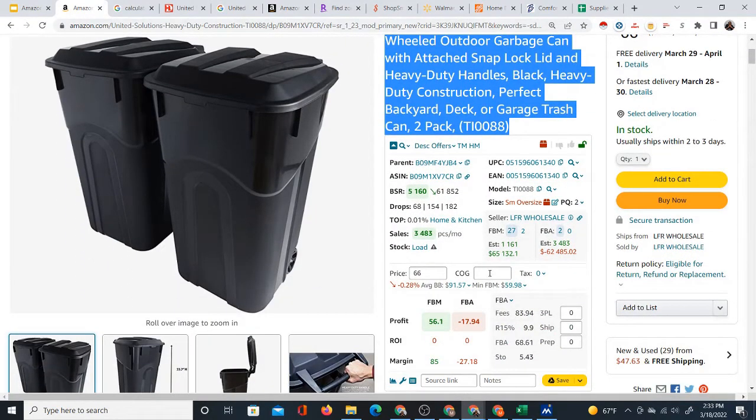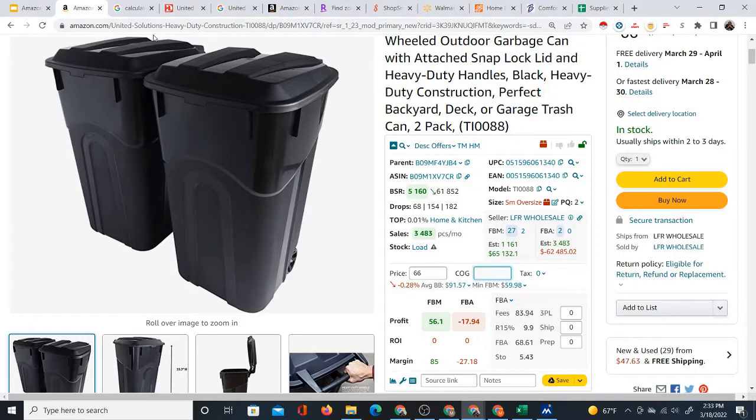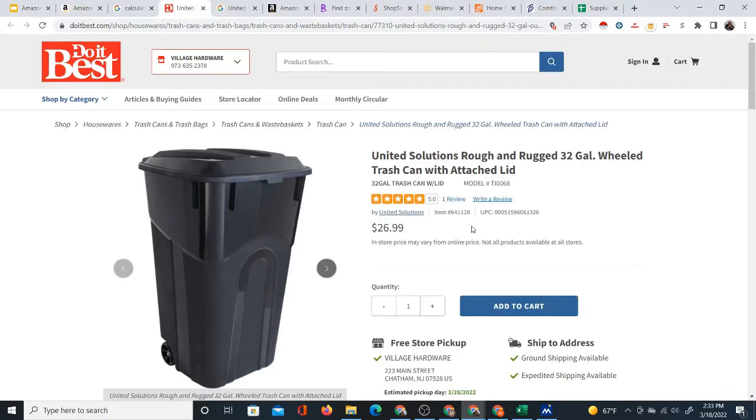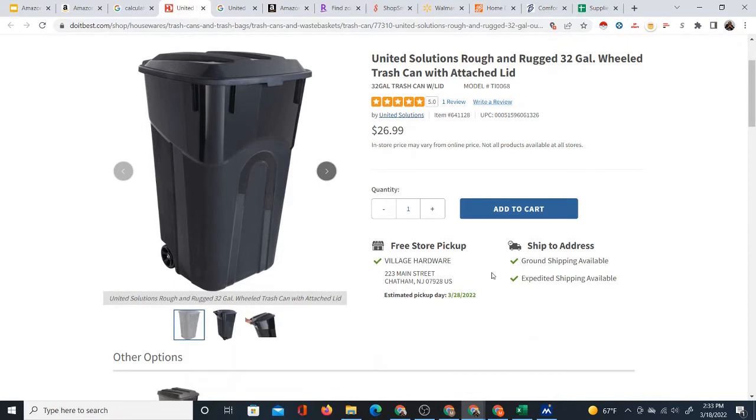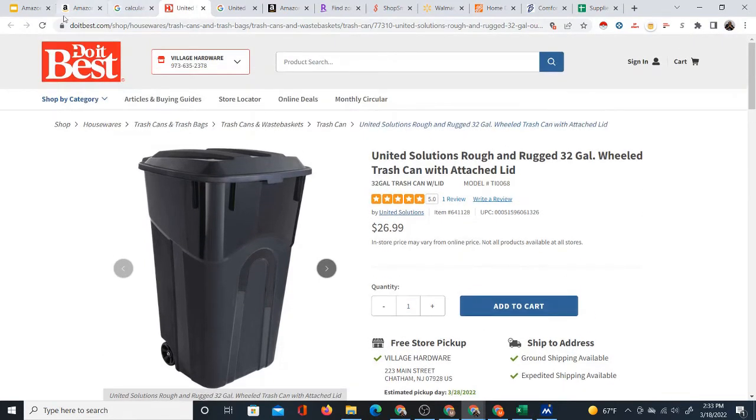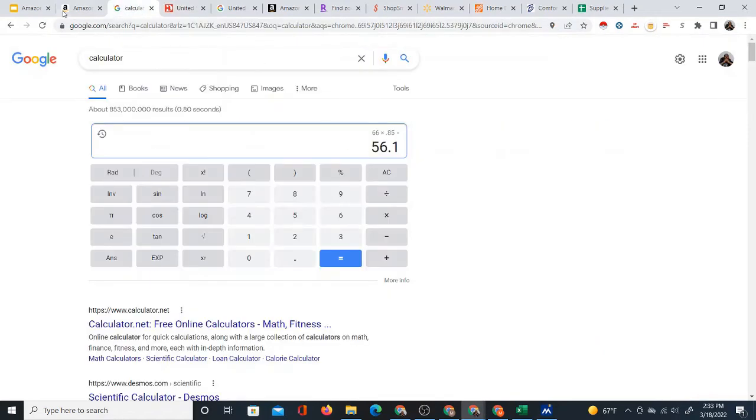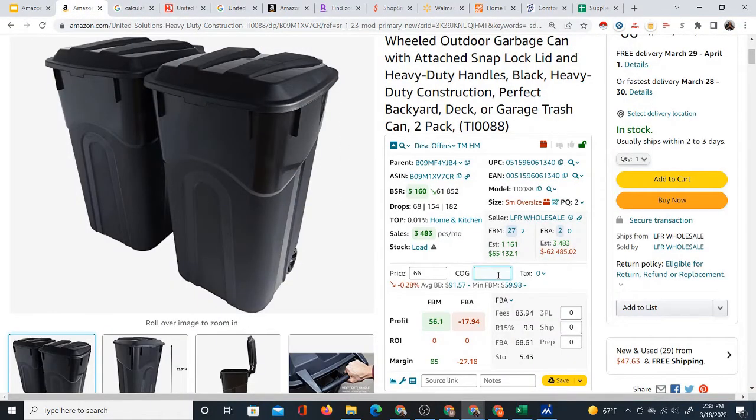And if I have a Chrome extension, such as Seller Assistant app, it's even easier for me to make this determination, right? And of course I have to consider tax and shipping and all of that, and I don't know what it costs until I add it to the cart and see what it costs. So if I were to put all of that in here, in fact I'll put that cost of goods in here, I can already see that the profit is coming out negative via the Seller Assistant app Chrome extension,